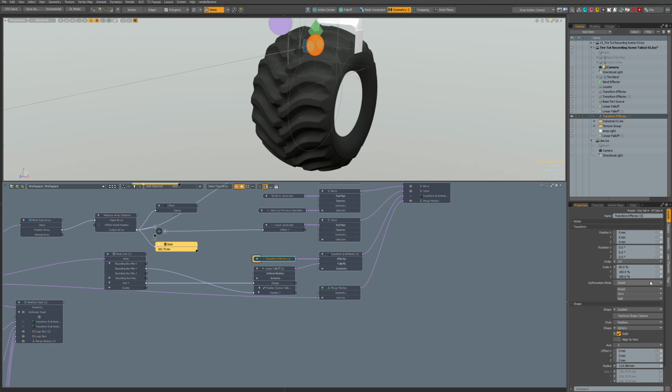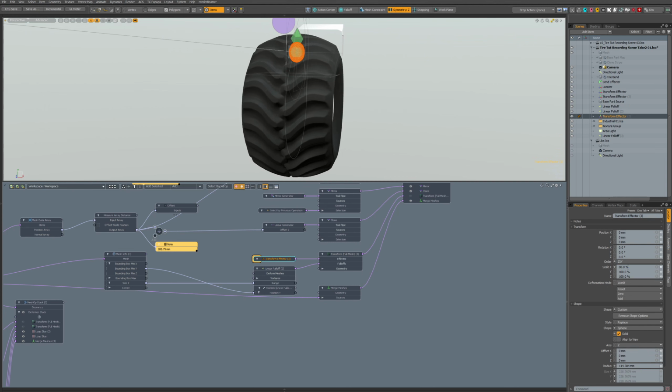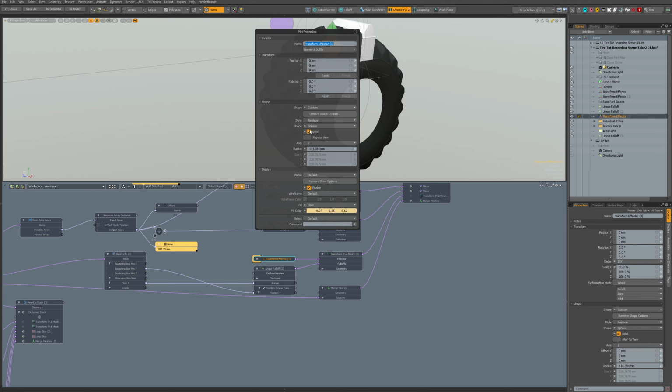So now we can test: if we scale it more, it gets more round, and the less we scale, the less round it gets. 85 may be nice.